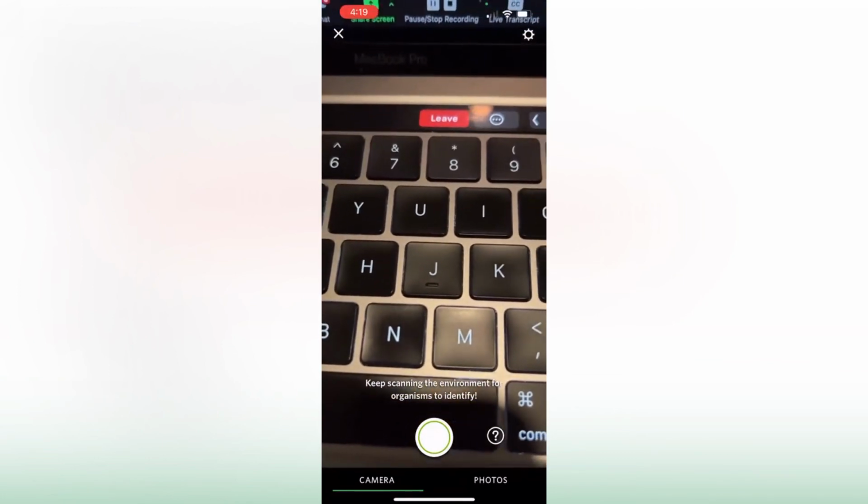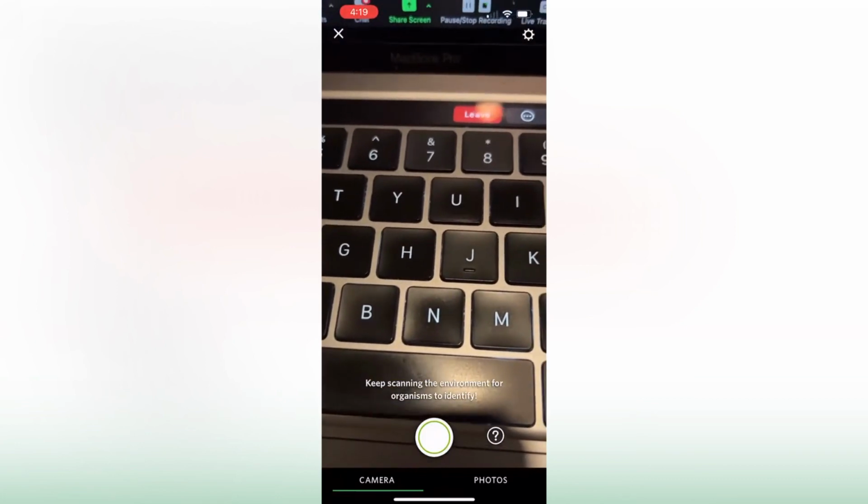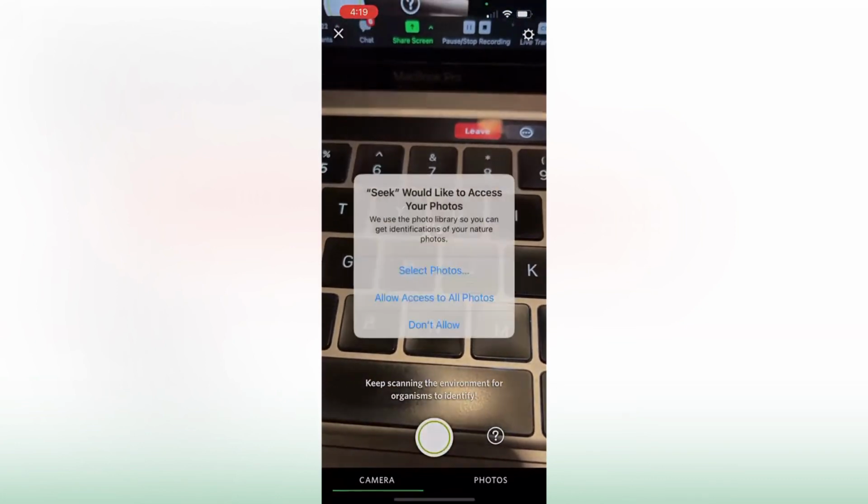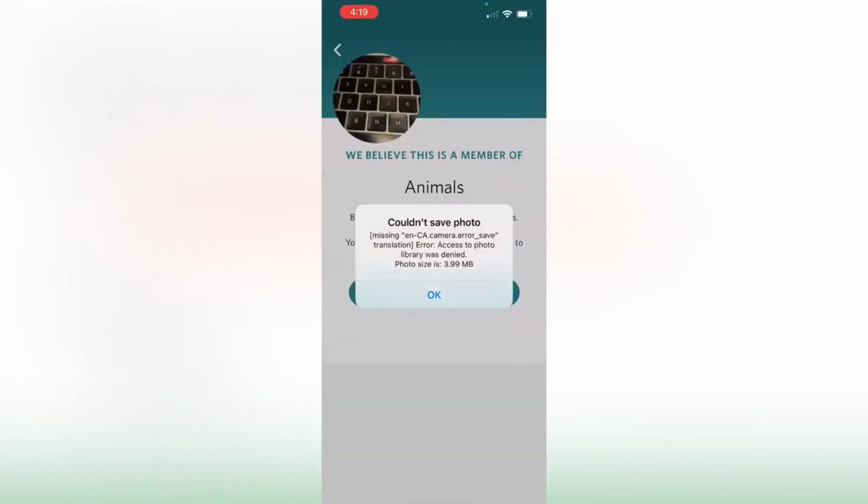of it. It is going to scan the picture, and then it's also asking to access my photos because you can then take a picture and then put it into the app when you're done, if, say, you don't have internet connection when you're outside or you don't have data. But I do not want them to have access right now, so I will click